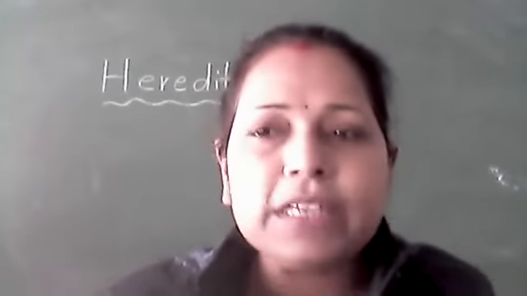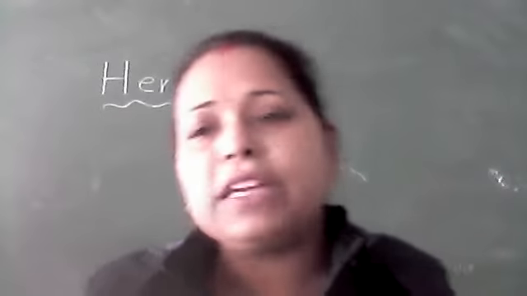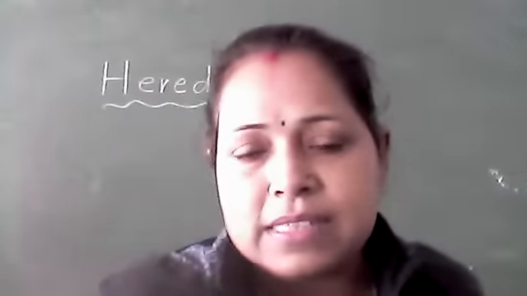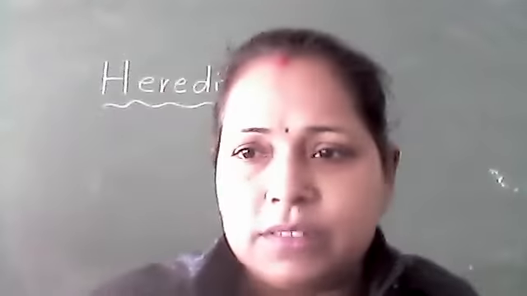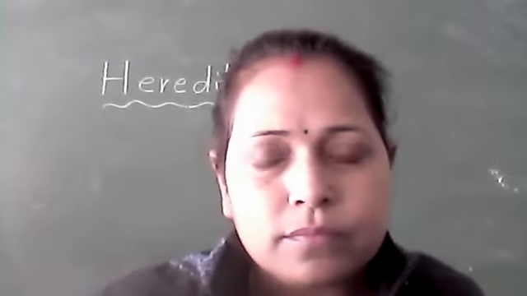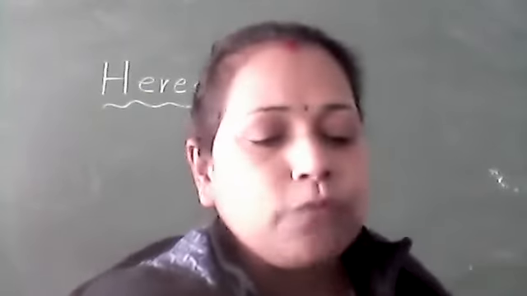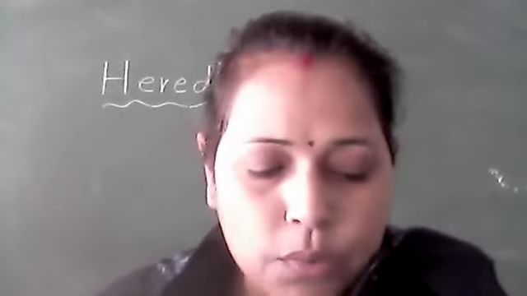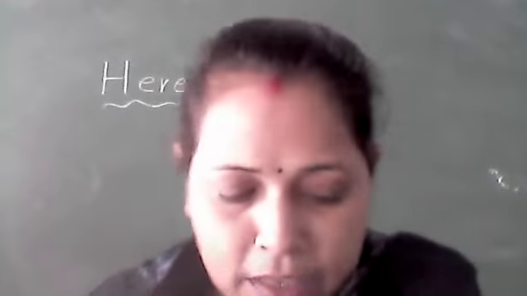Now, what is the rule of inheritance? Who has given, first of all, the rule of inheritance? One famous name is associated with transmission of character. Do you know that famous name? Yes, anyone? Ma'am, Gregor Mendel. Yes, Mendel was the first person who tried to explain how characters are transmitted from parent to offspring. So it is Mendel's contribution, we can say.